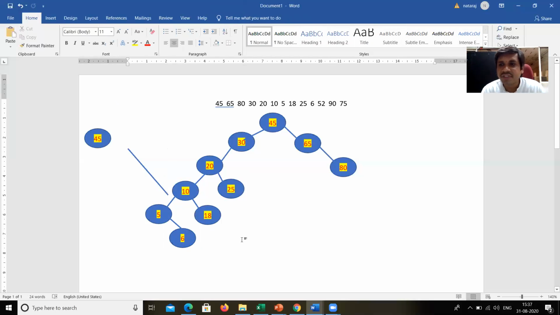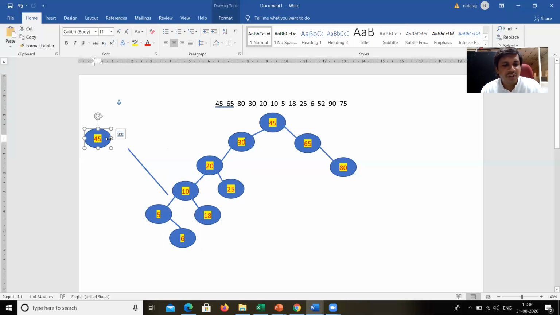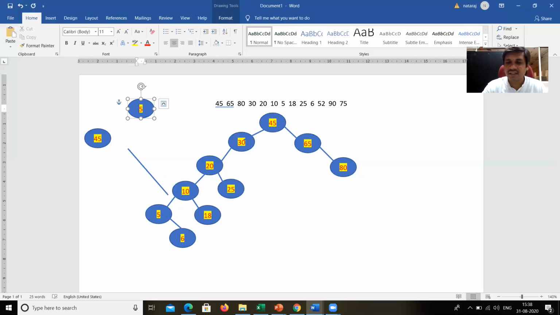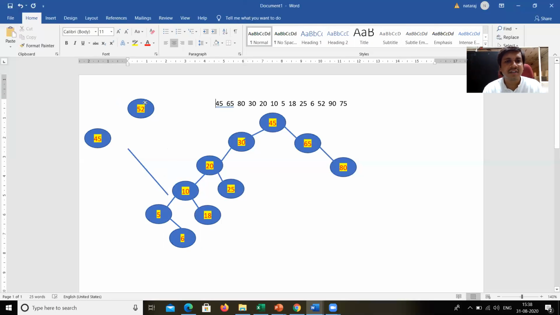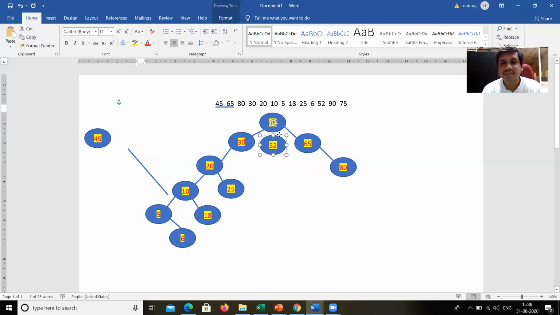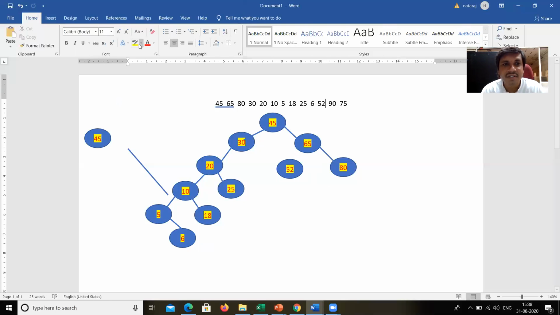And next element is 52. 52 is greater than 45, but less than 65. Less than 65.